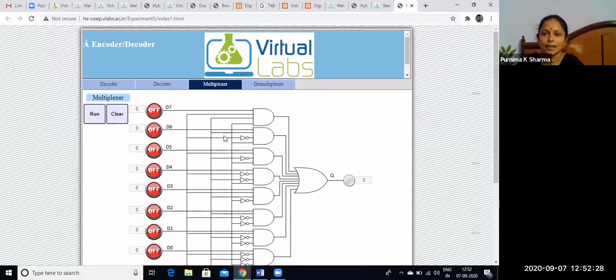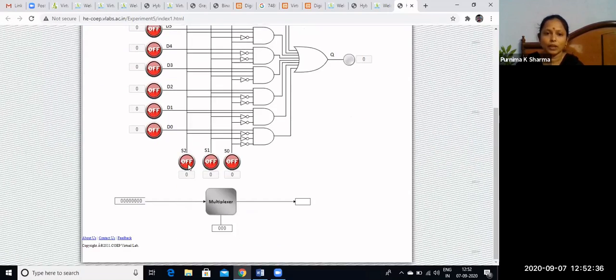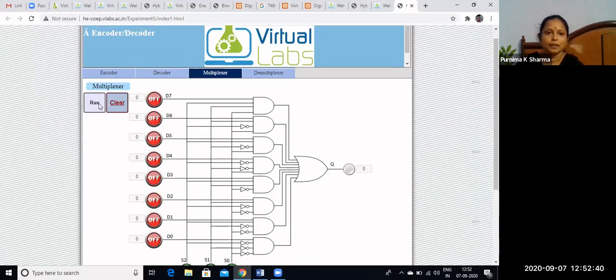Multiplexer acts as a data selector. So if you want to select the seventh data, D7, then we have to give the selection lines as 111. Run the simulator. Whatever is there at the D7 pin will get as output.